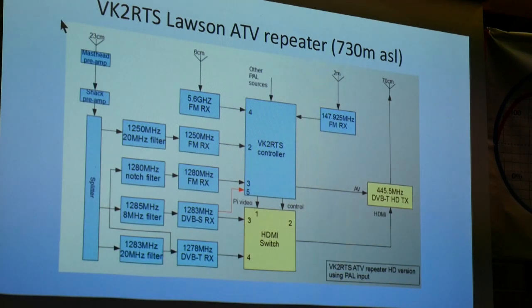We had a 23 cm masthead amp and another shack preamp, because there was a fair old run of coax here. And we split off into a whole bunch of filters here. Quite important this, because these receivers over here, they're typically like this satellite set-top box, and they're wide as a barn door. They're only intended to be connected through an LNB on your dish. They're not expecting to see all this other rubbish out of band, so you need to get some good signals